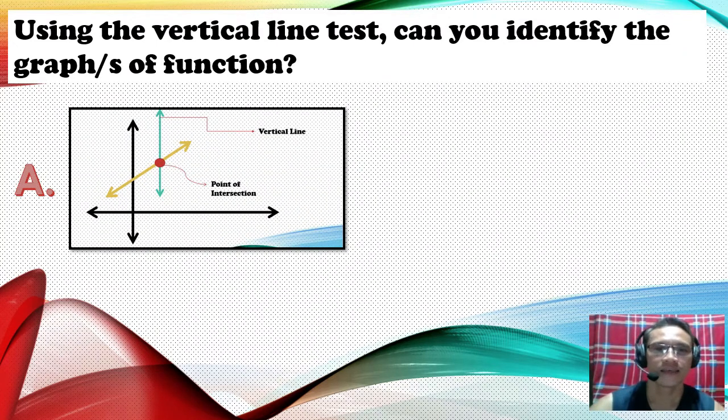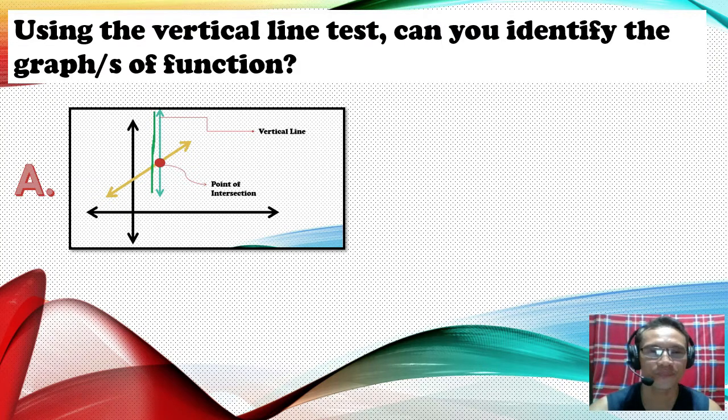Okay, so letter A, with how many points of intersection? We have one. So after drawing the vertical line, where is the vertical line? The vertical line is the green one. Okay, this one, this is the vertical line. So after drawing the vertical line,